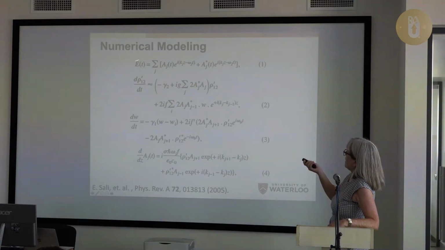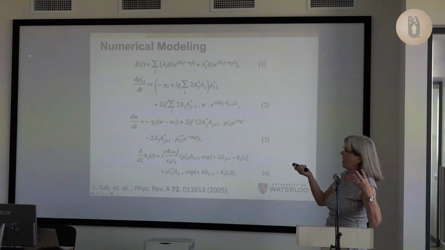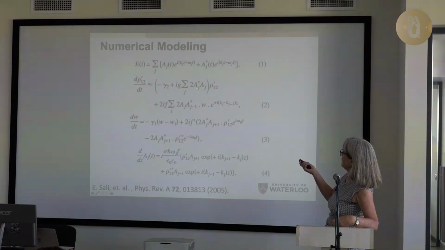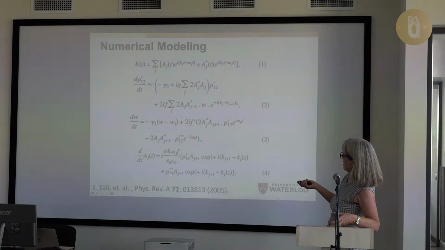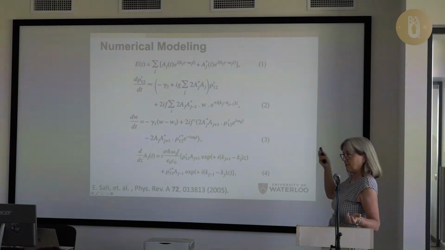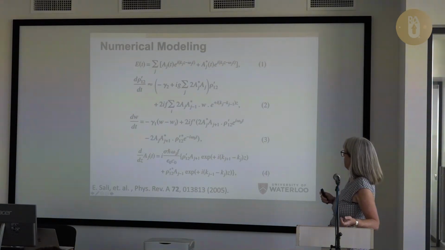All right. And then of course this is the dipole you're driving, and it's a nonlinear interaction between the fields and the dipole. And so that's how the dipole changes with time. Here's how the population changes with time. And here's how the fields change with time. And again, it's the dipole and then either the Stokes or the anti-Stokes. Either you're dropping down or going up.